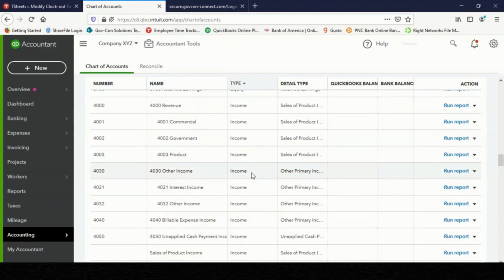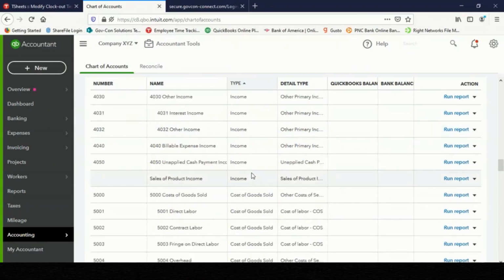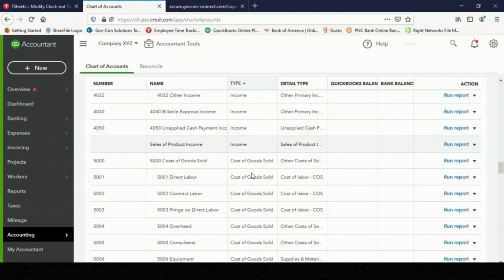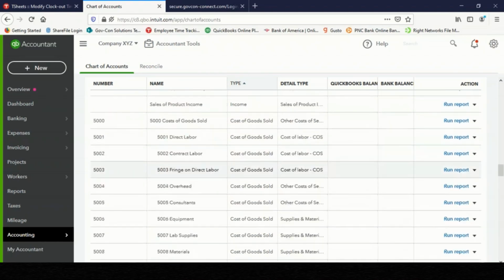The next set of accounts are the expense accounts. The expense accounts have to be very exact for Federal Acquisition Regulations. What we want to do is design the chart of accounts so that it meets the way that you price on your cost proposals, and how you're going to